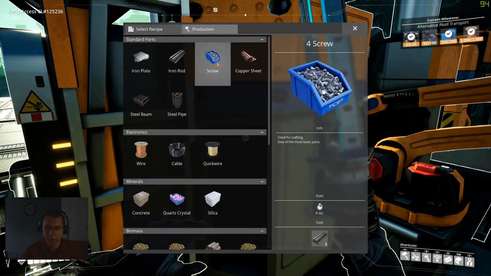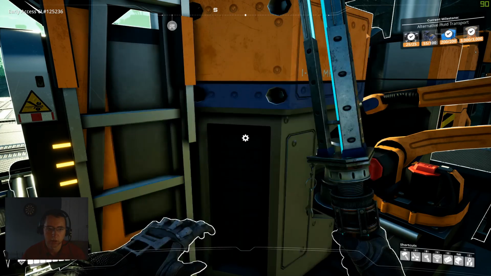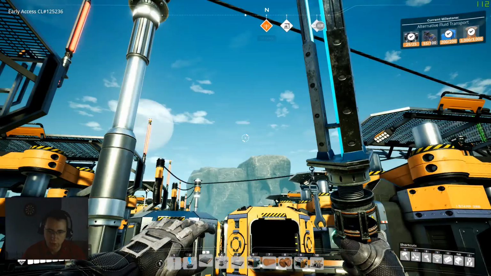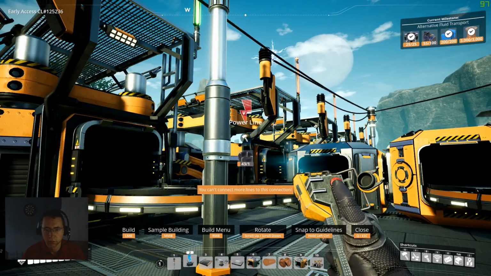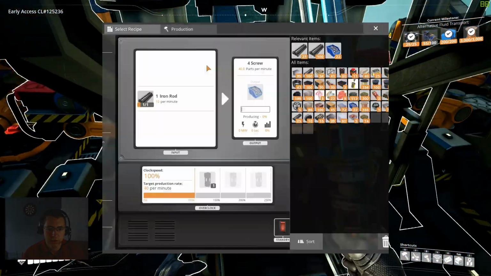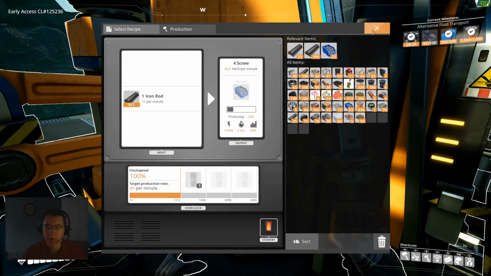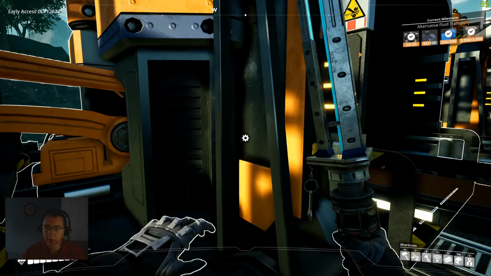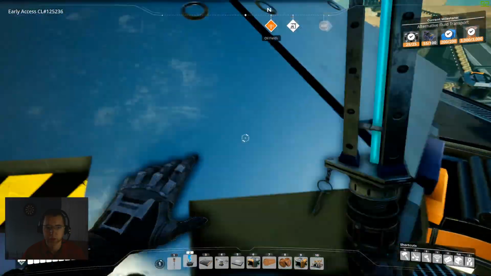Go ahead now and set these up for screws, and as you can see, these are going to take 10 per minute. Why is that? Oh, there's no power to that one. Okay. There we go. We'll go ahead and set this one up to make screws as well. That one to make screws as well, and then we can do the same with each of these, and these are all going to be operating at 100% efficiency